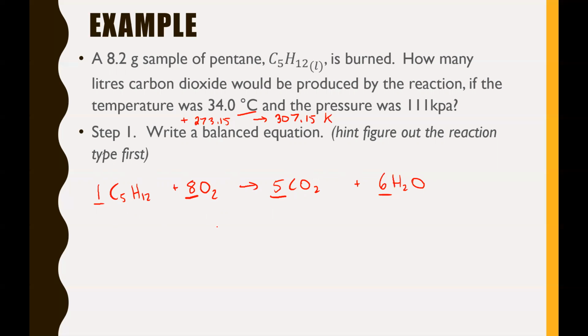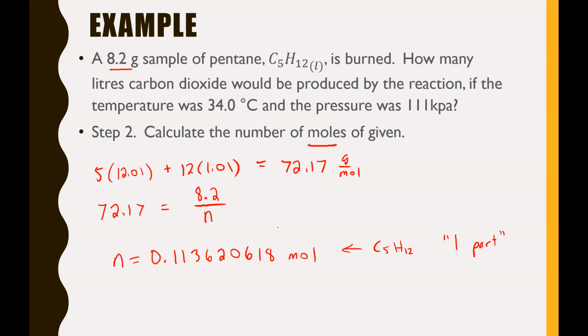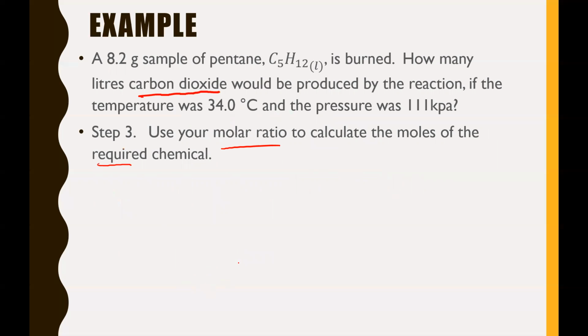So since we have 1 part of C5H12, that's this amount right here, we just need to times that by 5 to figure out how many moles of carbon dioxide we have. So again, just times that old number by 5. I'm not going to rewrite it out. It's on your page already. But the new amount for our number of moles of carbon dioxide is